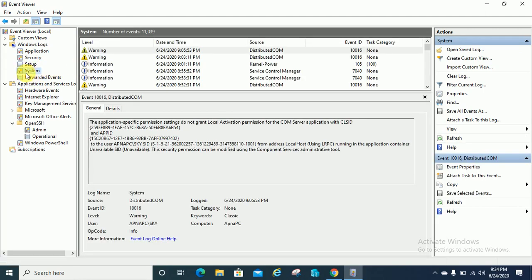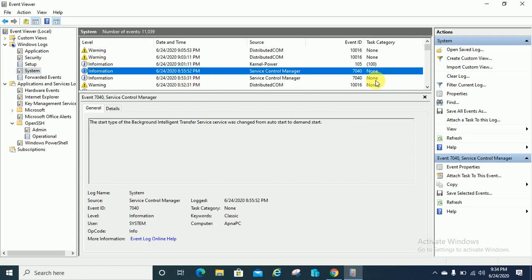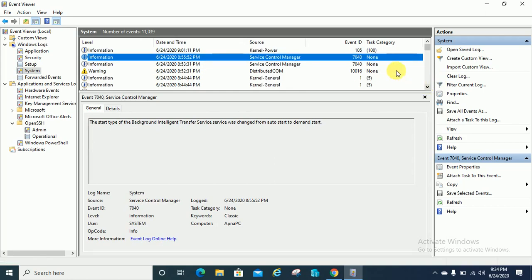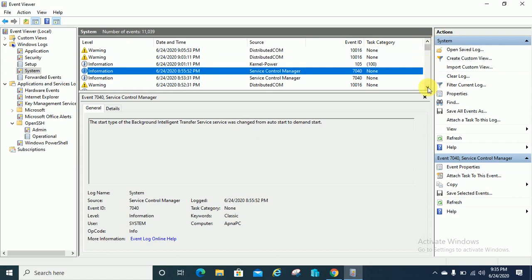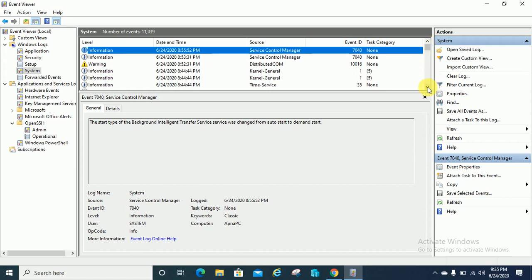You can see in the System tab there are some warnings and information. So through the event ID or error code, you can identify the root cause for the relevant application or for the relevant issue.